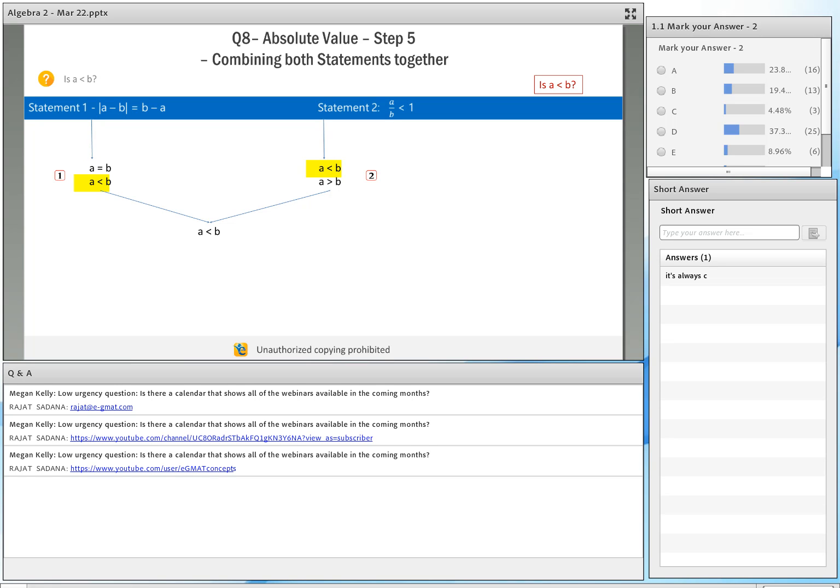It's not always C. The first question didn't have C. Okay. It's not always C. The question prior to that didn't have C either. So yes, but you can really see how just simple logic, not a ton of math, can help you get to the correct answer. Now the next question